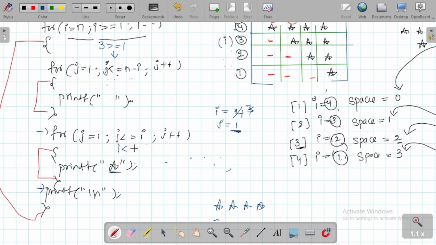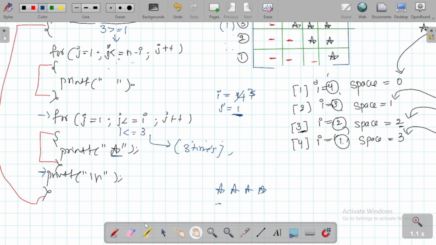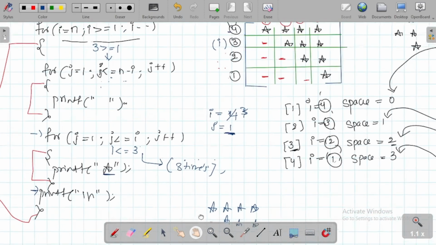సో 1 less than or equal to, వాట్స్ యువర్ కరెంట్ I వాల్యూ? I వాల్యూ వచ్చేసి హోల్డింగ్ 3. ఎస్ ఆర్ నో? సో 1 less than or equal to 3 అంటే ఎన్ని టైమ్స్ రన్ అవ్వాలి? 3 టైమ్స్ రన్ అవ్వాలి. ఈ 3 టైమ్స్ రన్ అయ్యే ప్రాసెస్లో మనకి ఇక్కడ సెకండ్ రోలో 3 stars వస్తాయి. ఓకే, సో యాజ్ ఇట్ ఈజ్ మళ్ళీ మనం